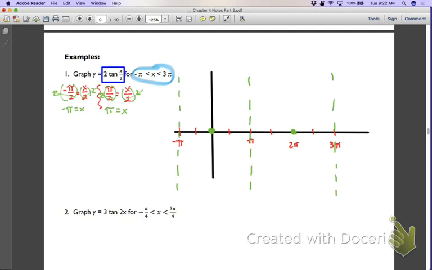Now, what's my other two reference points for each graph? 2. How'd you get 2? That number right in front. The right side goes to 2. So 1, 2. Bottom side goes to negative 2. I'll do the same thing